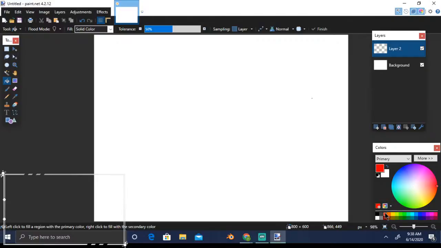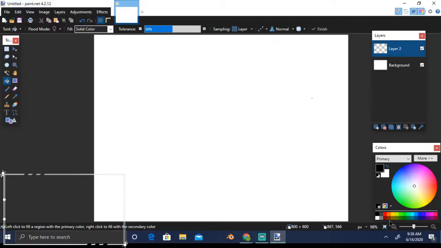Let's say we want a red color. Now here it shows red is the foreground color, white is the background color. What that means is whatever action you do, the color on the foreground will be displayed, and not the color here. Now if you want to revert back to black and white, just click the two boxes below here and it will revert back to black and white.